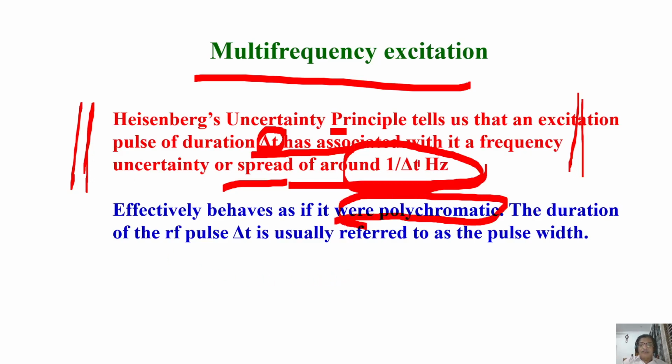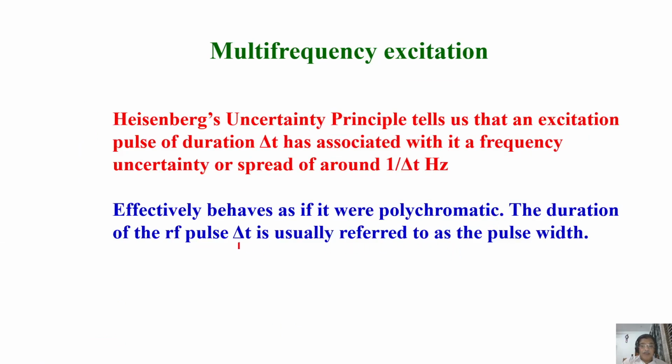And now, what I said, delta t, is called the duration of the pulse. Very important, know that. Delta t is referred to as the duration of the pulse. The pulse width can be manipulated by the duration and the RF power together, the power of the pulse. You can combine these to manipulate the magnetization the way you want. It can flip by 90 degrees, 180 degrees, 45 degrees by manipulating the RF pulse width and the RF power.